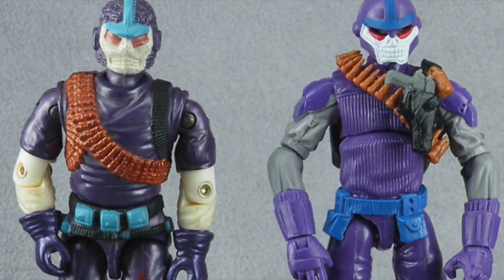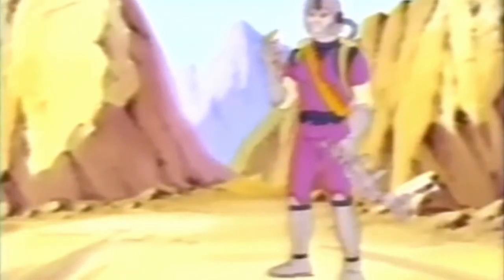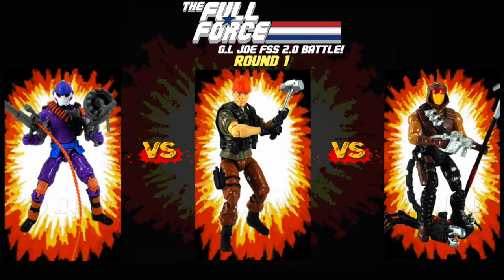Also, it's funny, isn't it, that the DiC animation had the Skullbuster in purple. And I always thought, when we did the G.I. Joe card art battle, this came up, but we completely forgot about the actual Skullbuster that came out in the era that will not be named. But at the same time, I think that version of it is so much better, just better in general. And I think if they'd gone with the darker purple, used the original forearms,